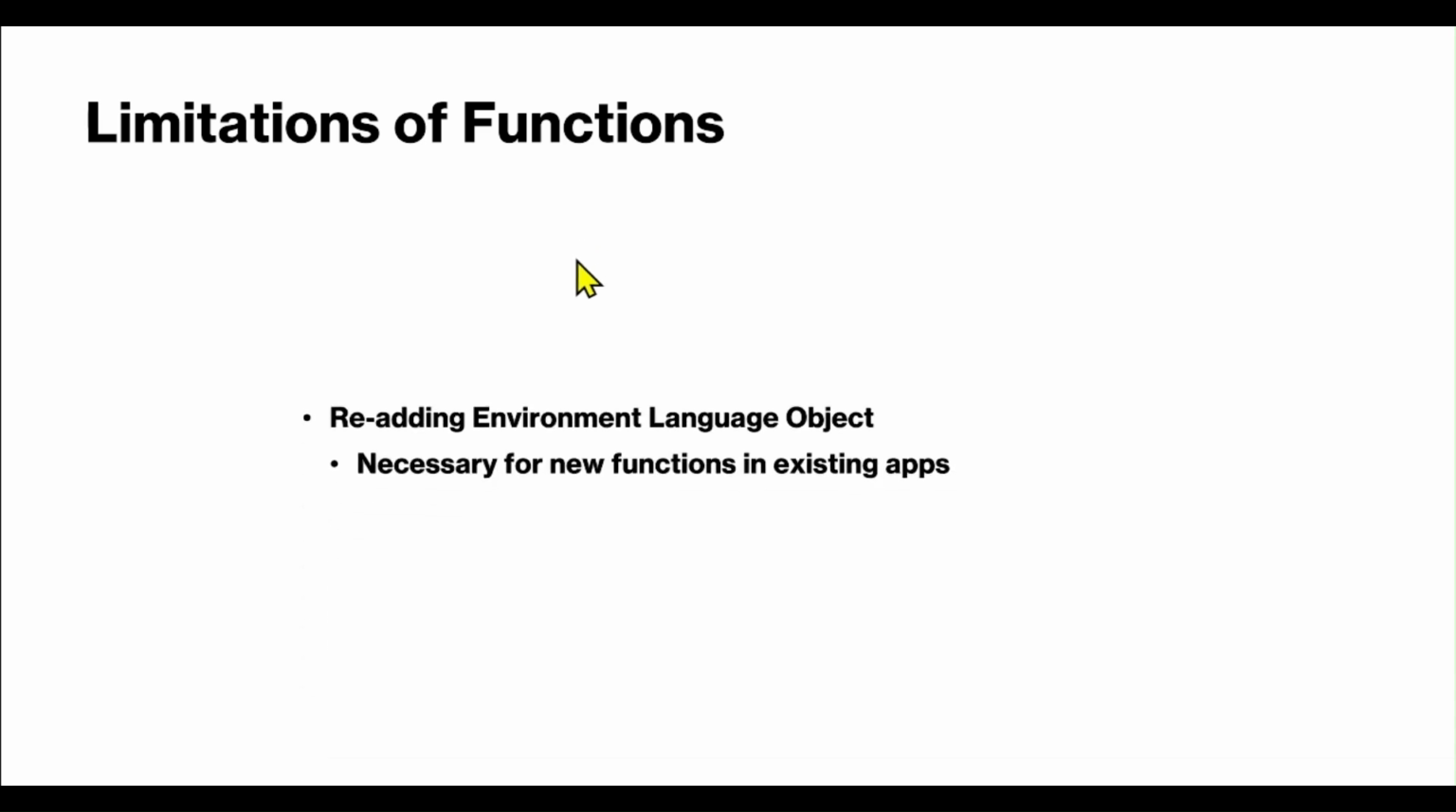Coming to limitations of global functions, I have noticed one limitation in Canvas apps. Every time that you add a new function, you need to re-add the environment table in the Canvas app for the new functions to be available. And some